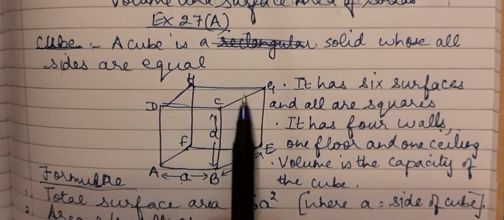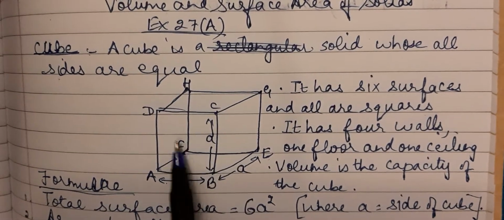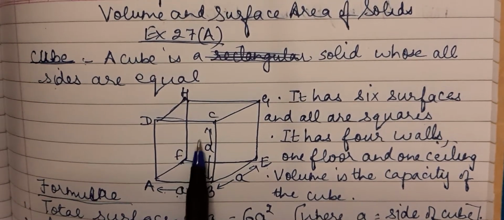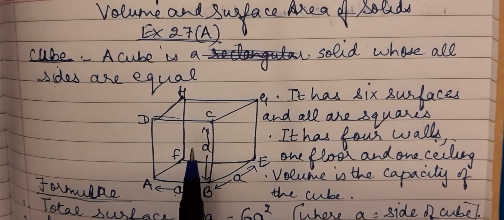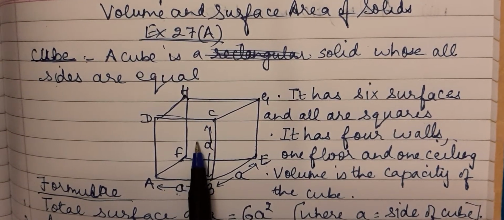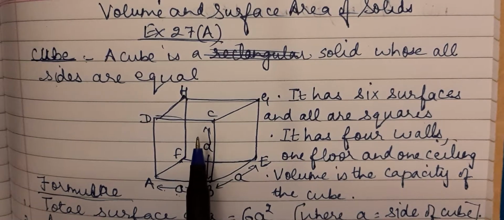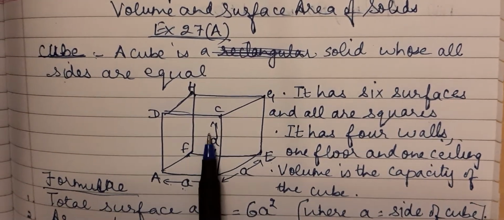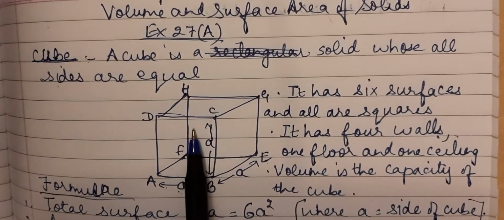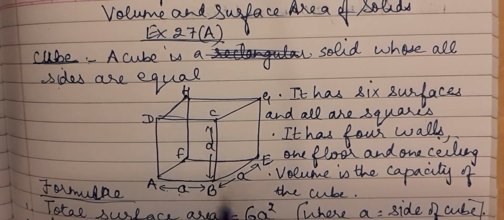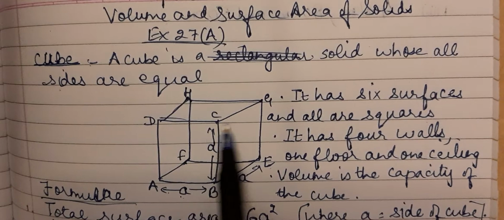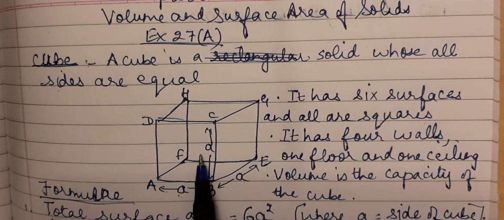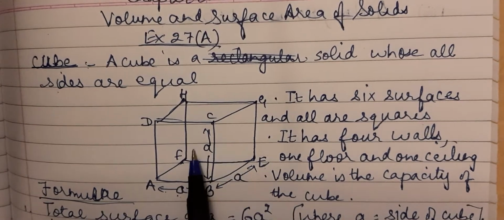And what do you mean by the volume? Volume means the capacity. How much you have in your classroom. Your classroom also is like a solid, but it is not a cube, because length, breadth and height are different. It is what? It is cuboid. And you occupy the space inside a room. Means you are occupying what? You are occupying the volume.